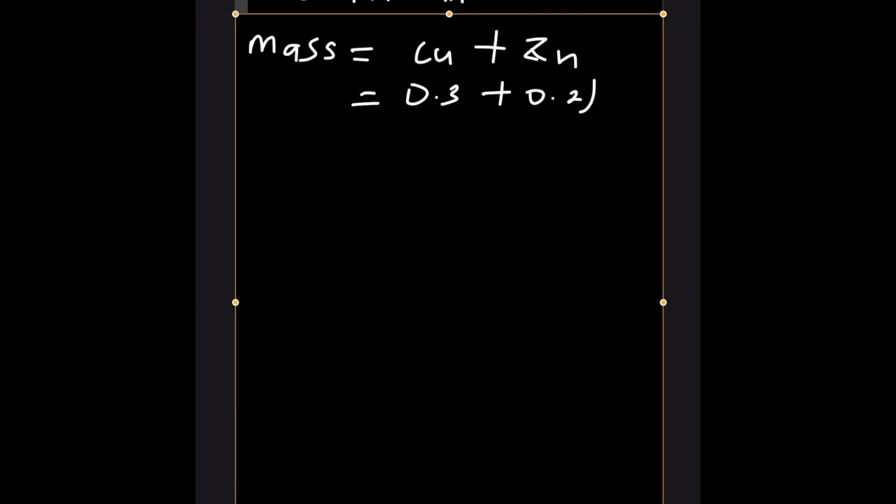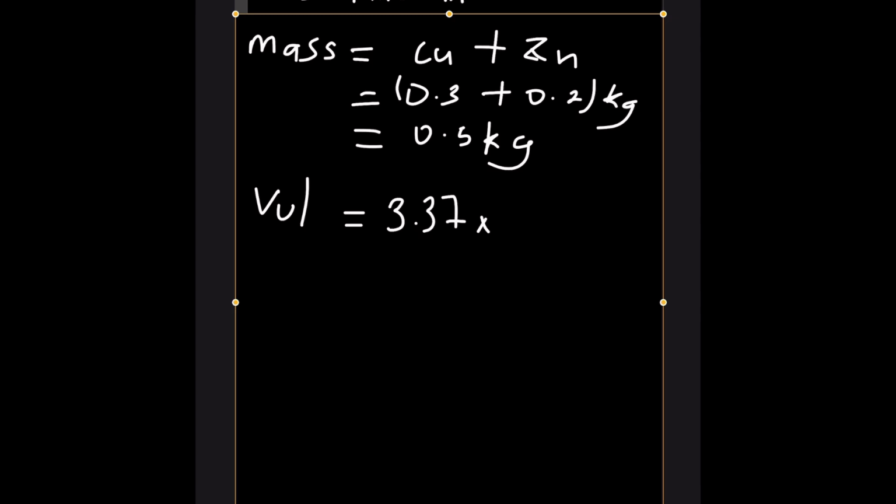Remember, the alloy is made up of those two metals, so we need to add the two masses and the two volumes. Mass would be equal to the mass of copper plus the mass of zinc, which would be 0.3 plus 0.2 kg. This is equal to 0.5 kg. The volume of the alloy is